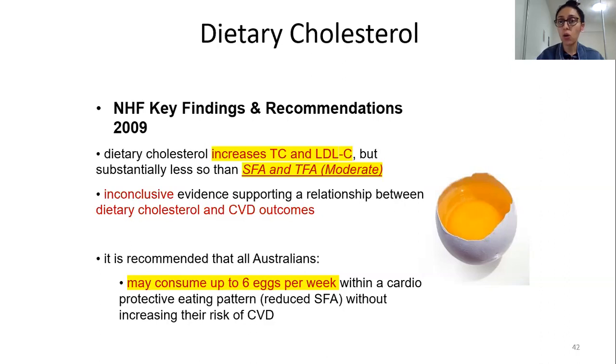Okay, that's why eggs are not to blame as such independently. So you have to look at the diet holistically. Of course, there are some people who have very limited knowledge about nutrition, and they say, oh, I have 4 raw eggs in a day because I'm working out and I need to put on muscle mass. No, that's not the right way to go. Yes, you need to put in your protein, but eggs are not the only source of protein. You need to balance out your cholesterol as well.